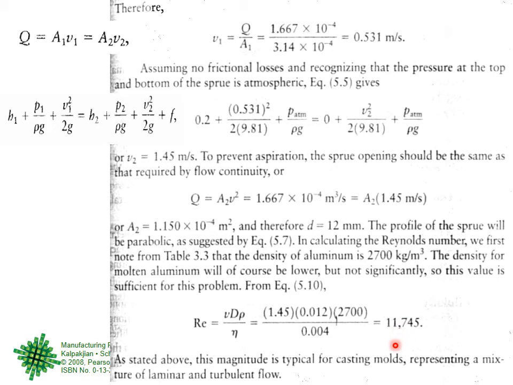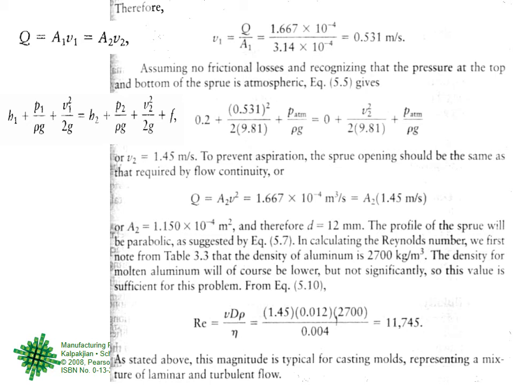You see, if it is between 2000 to 20,000, the average is how much? Around 11,000, right? So it is just about the average in that range. It is just around the average. If it is very close to 20,000, then we should worry. If it is very close to 2,000, we should worry not about the disturbance or aspiration, but about the flow rate and how quickly things will solidify, isn't it?